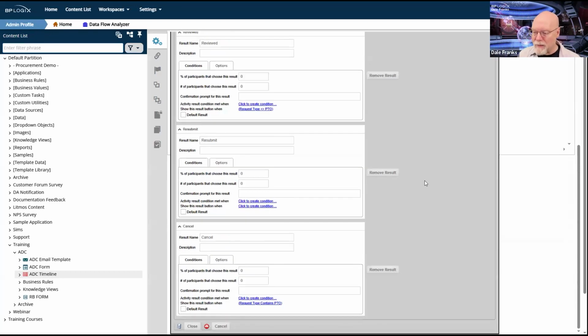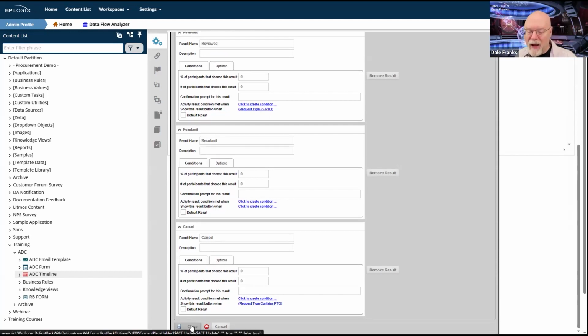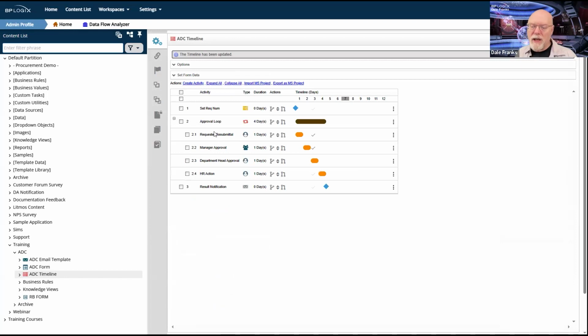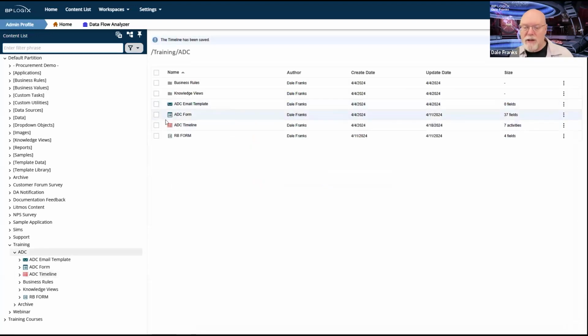Before I move on to doing the same thing for my department director and give him his 5 things, which we'll be able to go through a little faster, I do want to test this. I actually want to see how this works and whether all of the settings that I have here work. So I'm going to want to look for my buttons. I want the buttons to appear when I want them to appear. And I also want to know if I'm going to skip this activity, if it's a complaint, and I decide to skip it.